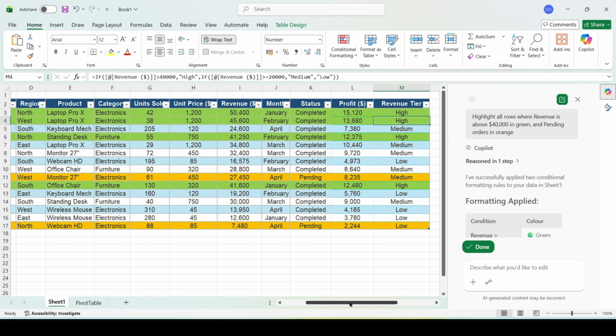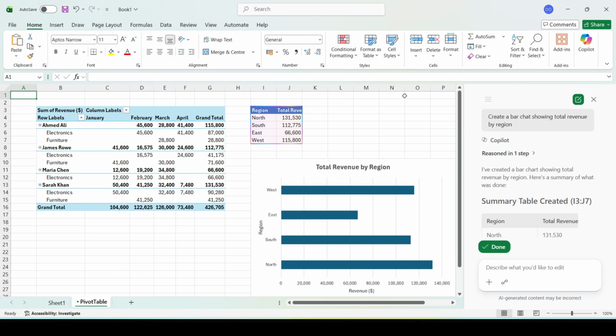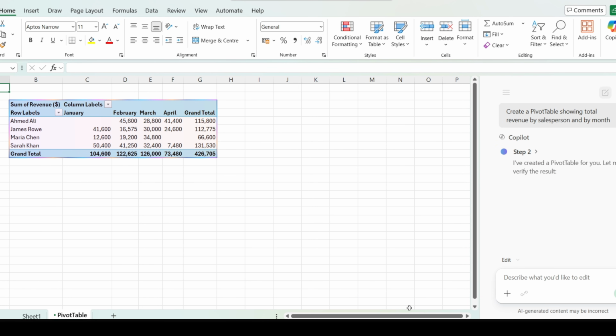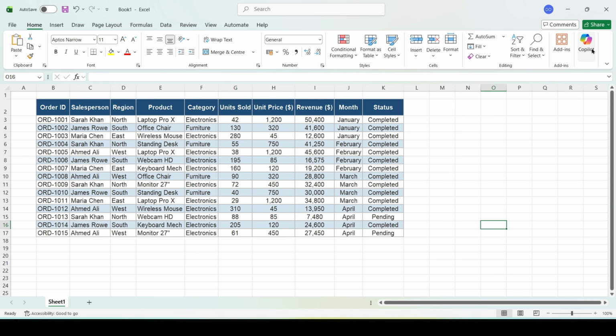Welcome. In this tutorial, I'm going to show you how to use Microsoft Copilot inside Excel to automatically analyze your data. No formulas, no manual sorting, no pivot tables built by hand, just plain English questions and Copilot does the work for you. As you can see, we are working with a real-world sales dataset, 15 orders, 5 salespeople across